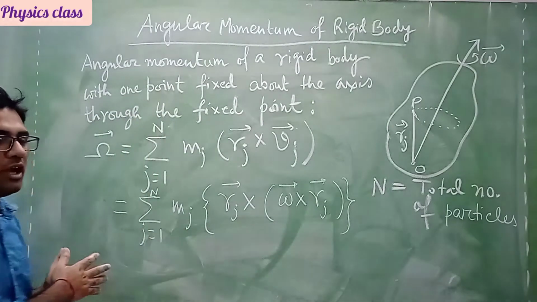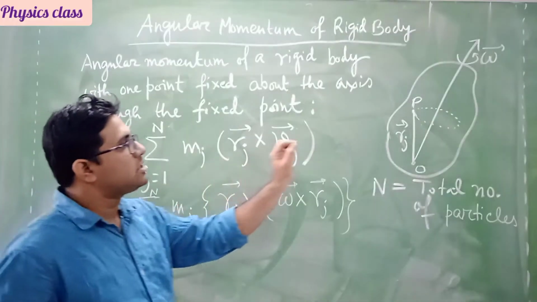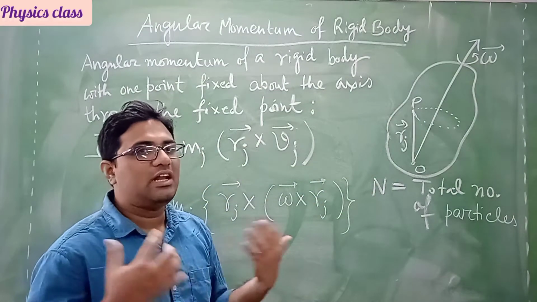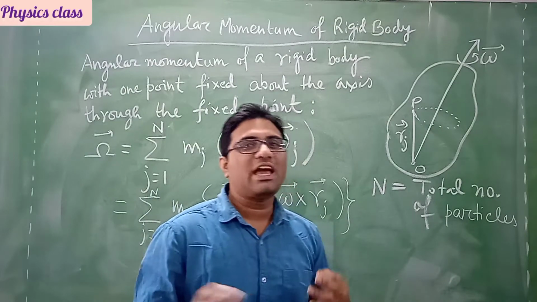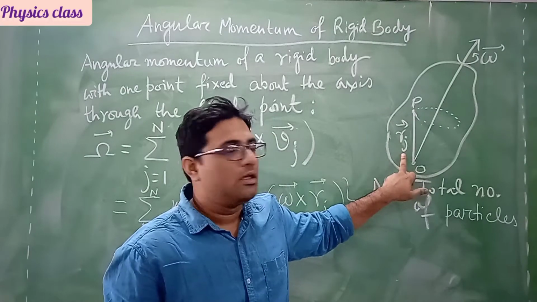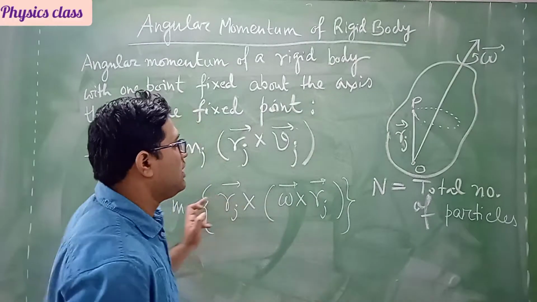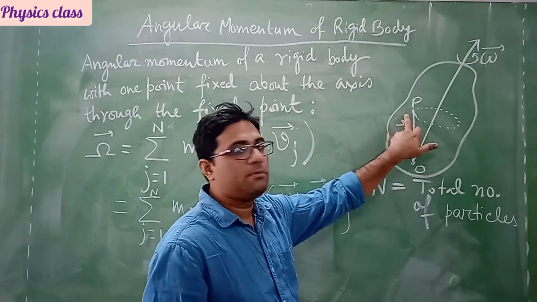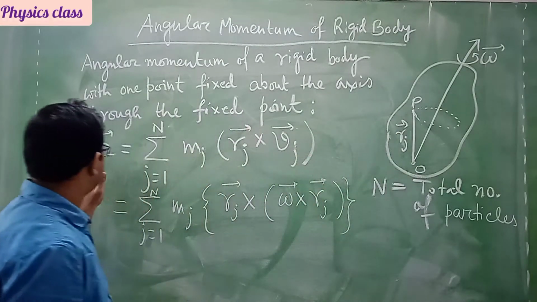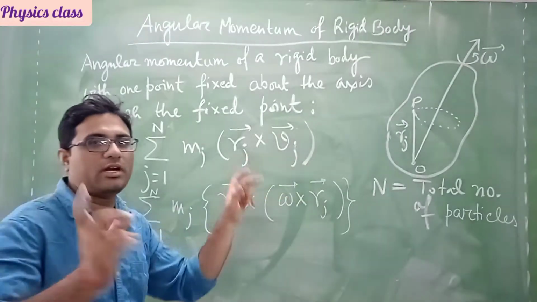So this is the angular momentum, omega we are writing here, and if we consider this is a particular point P, suppose the jth particle. If there is a total of n number of particles, we can call an arbitrary particle the jth particle. Okay, so that is that point P. Now it is rotating like this. So if the distance of this P point from this fixed point O is Rj, then in that case the angular momentum is basically mj Rj cross Vj for that particular jth point.